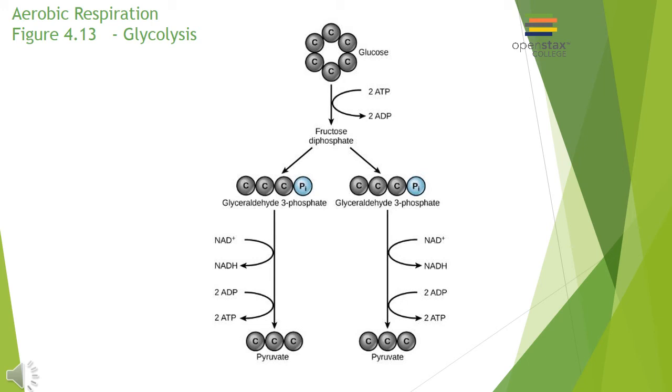Once that energy, the ATP and the ADP, have been taken out of this glucose ring, you're left with this stuff called fructose diphosphate. Remember, now we've got 2 phosphate molecules here. Each one of those will break up into glyceraldehyde triphosphate or 3-phosphate, and you'll have 2 of these, and now you can see they're on very separate paths. So you've got the left hand side and the right hand side,